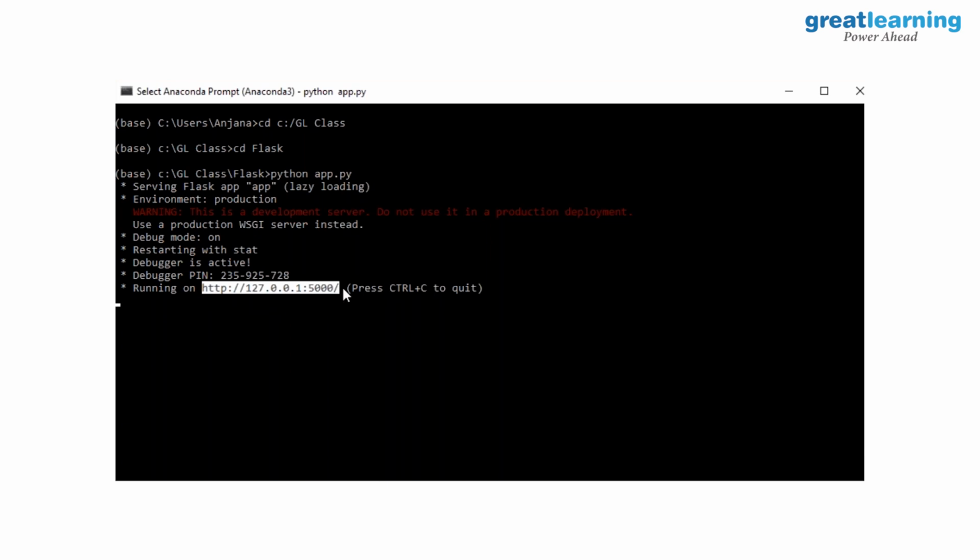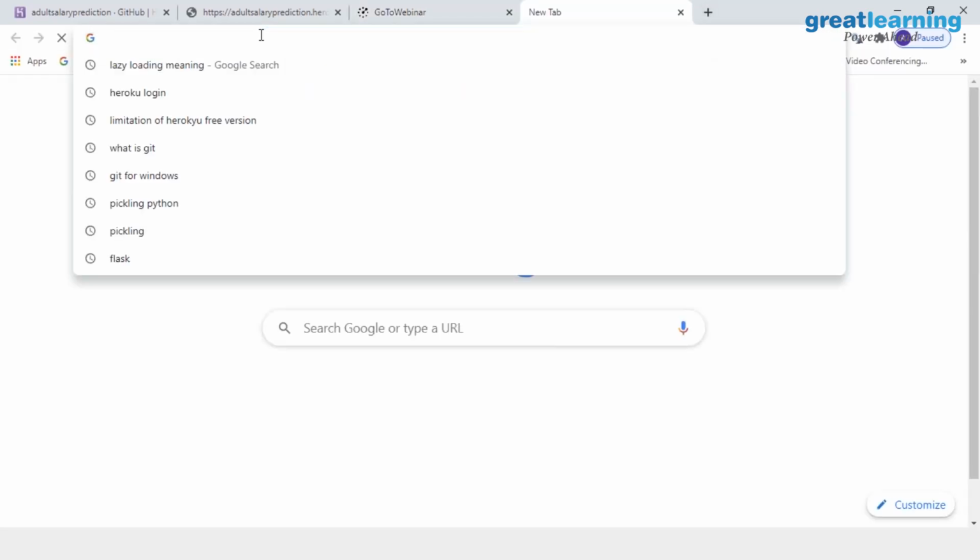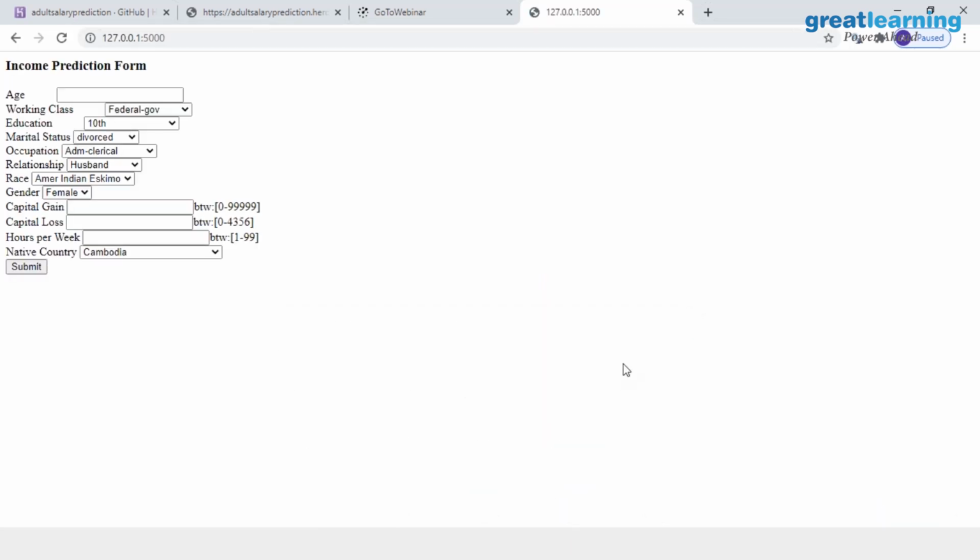This is a URL for running the app on a local host. What is a local host? It means running it on your machine. So once you do python app.py, you copy this URL, go back, paste it here, and what you get is a form.